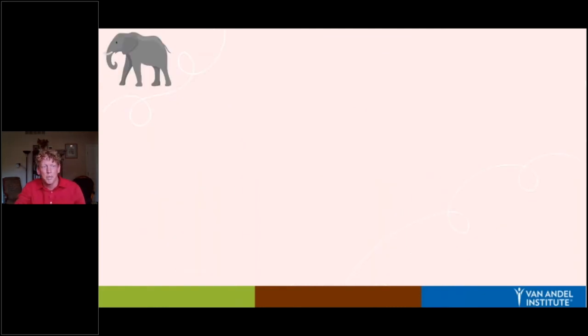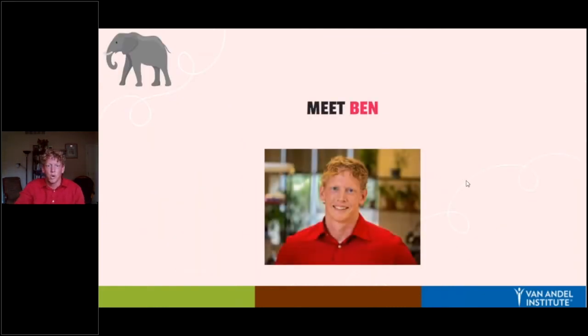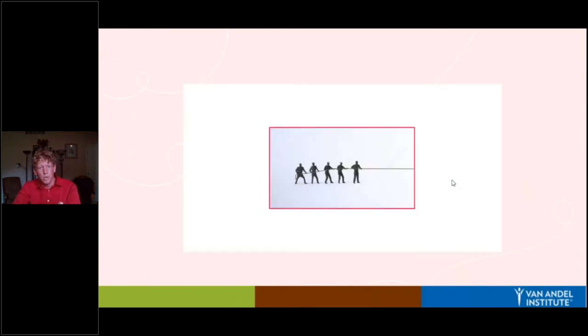So let's begin. First of all, the elephant in the room. I am the elephant in the room because I am extremely white, extremely male, solidly middle class. And I have not had the same experience with some of these issues that other people have. But it's still something that I care a lot about. And that's important because there are a lot of people who are in my boat. And the more people we can get pulling the world in the right direction, the stronger we can all be